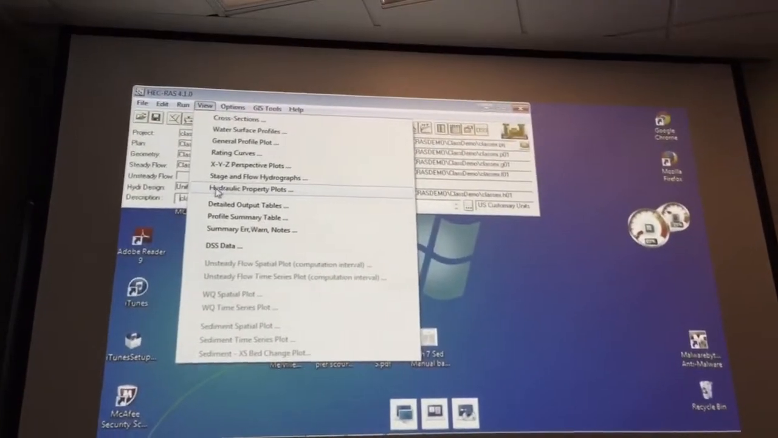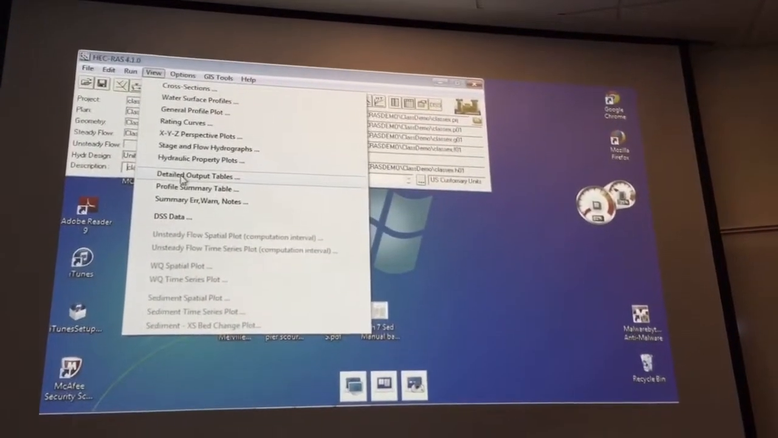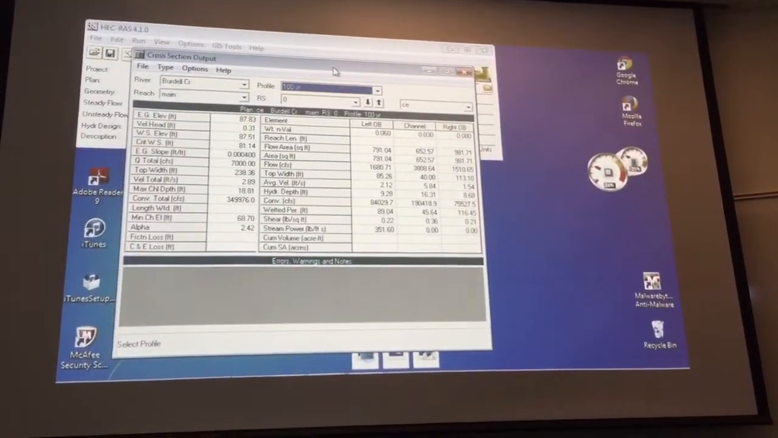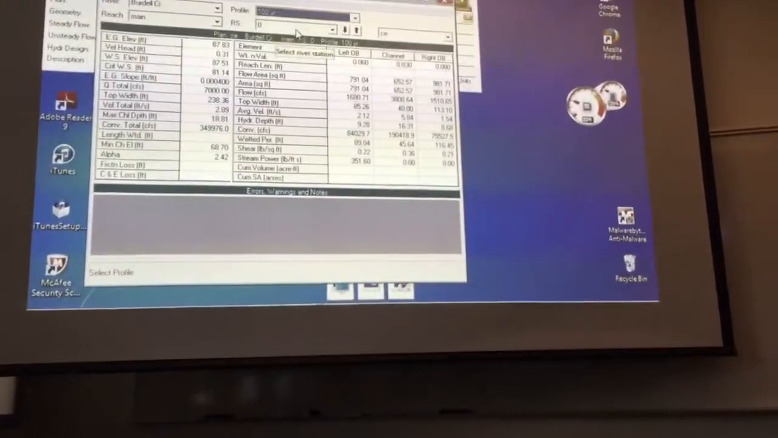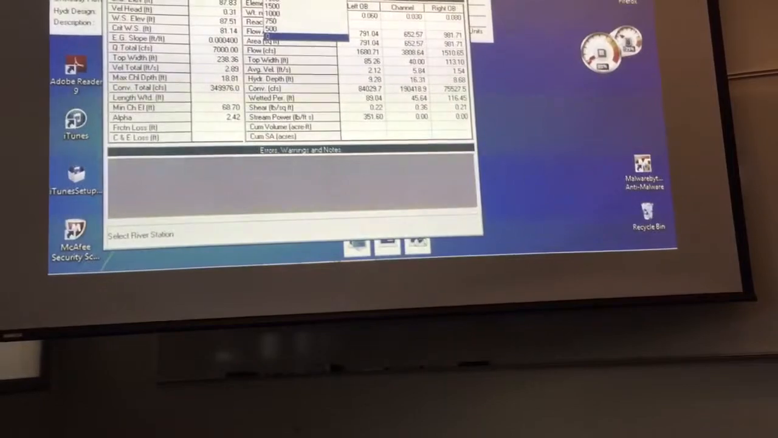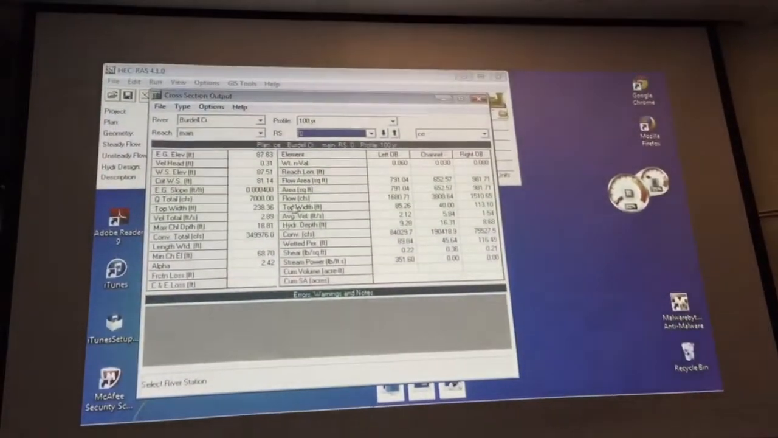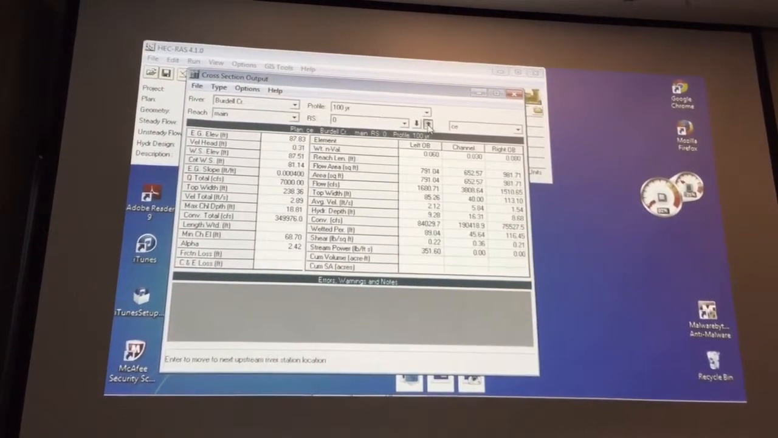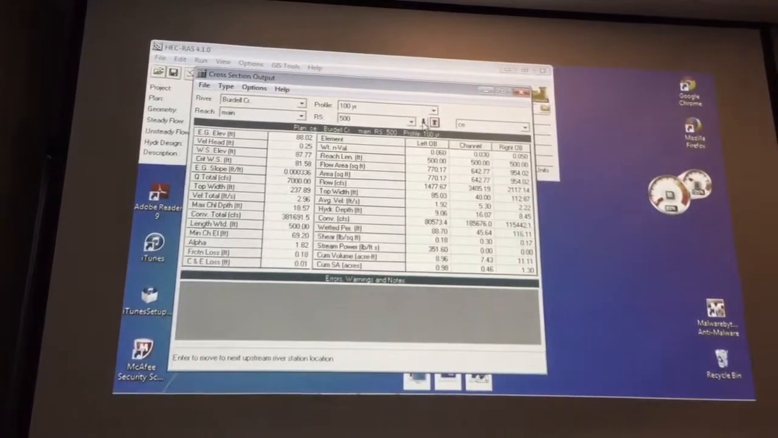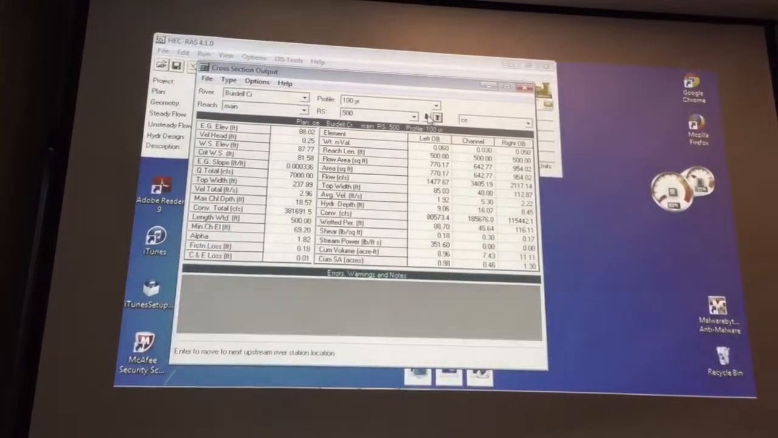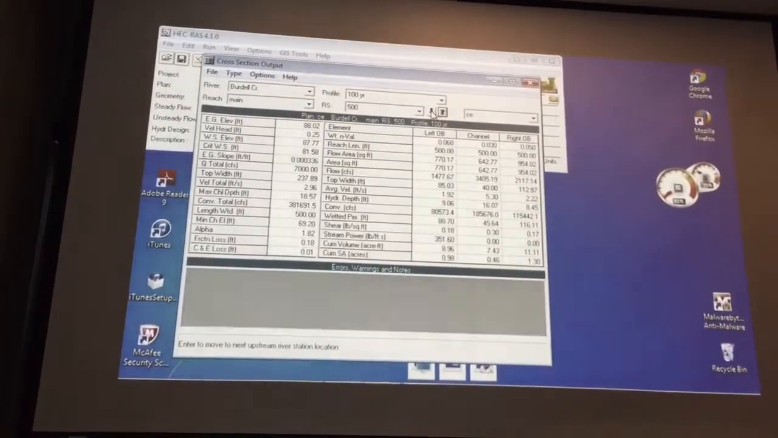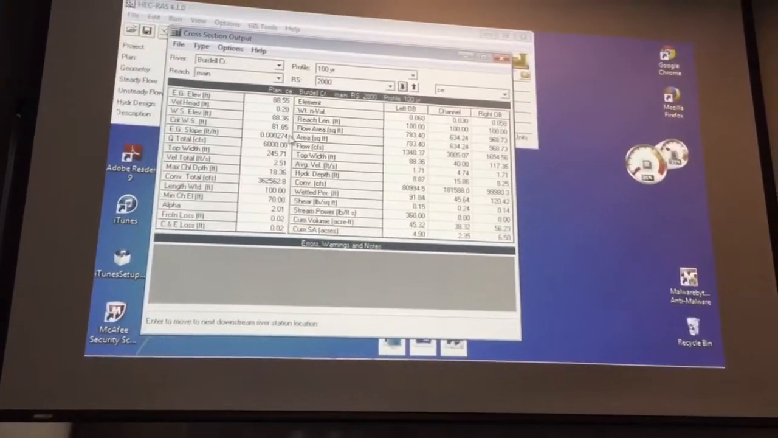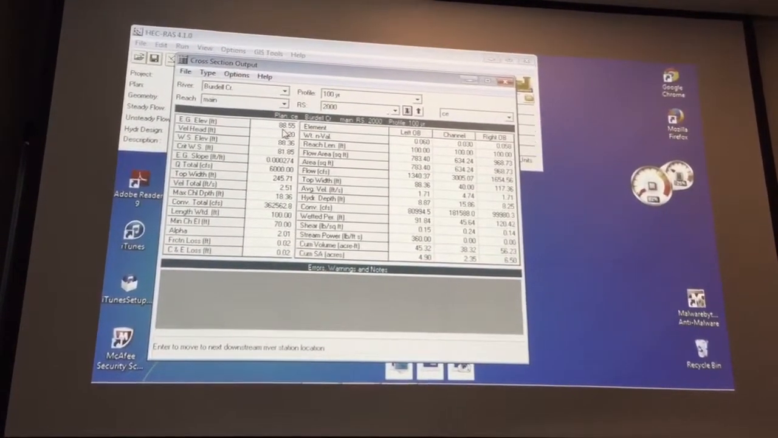You can also get tables. Let's go here. You can get a table for every cross section. And so all of the calculated data that you need is here. Let's start at the upstream end. So the energy grade line elevation,